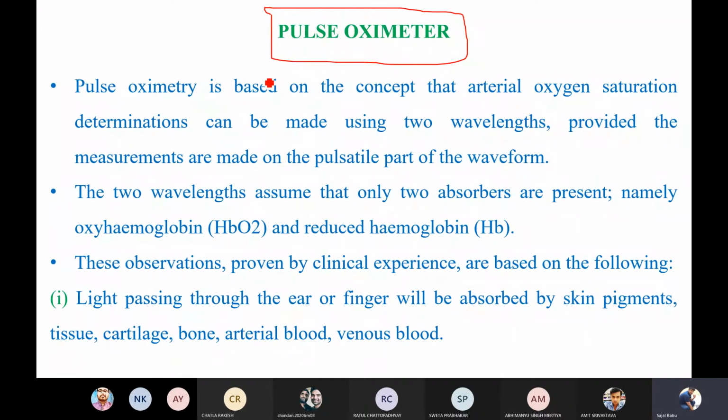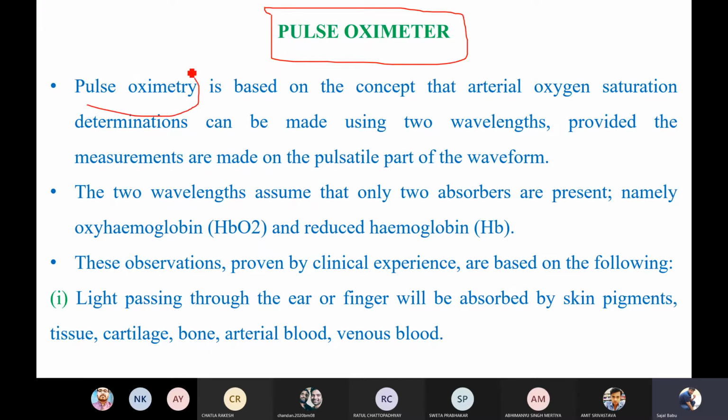Okay, so now let us move into our pulse oximeter, how the pulse oximeter is going to work. Okay, as you know the significance of oxygen level saturation and what the pulse oximeter is going to measure. So now let us see how we can measure the oxygen level. As I said, we can measure the oxygen level in our blood by using the pulse oximeter. Let us see how we can do that.